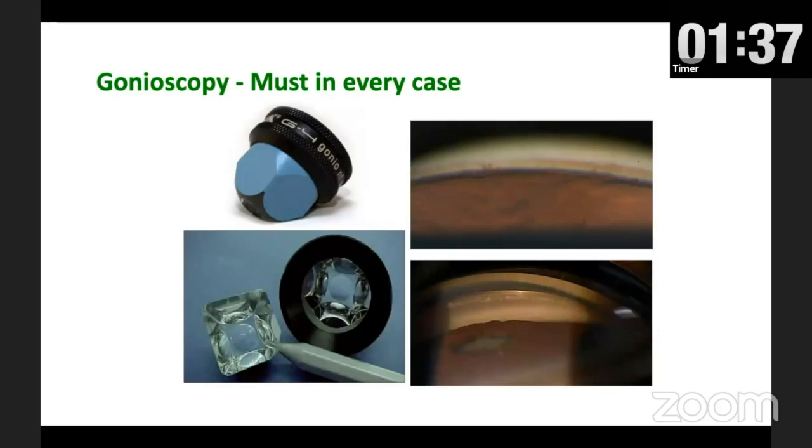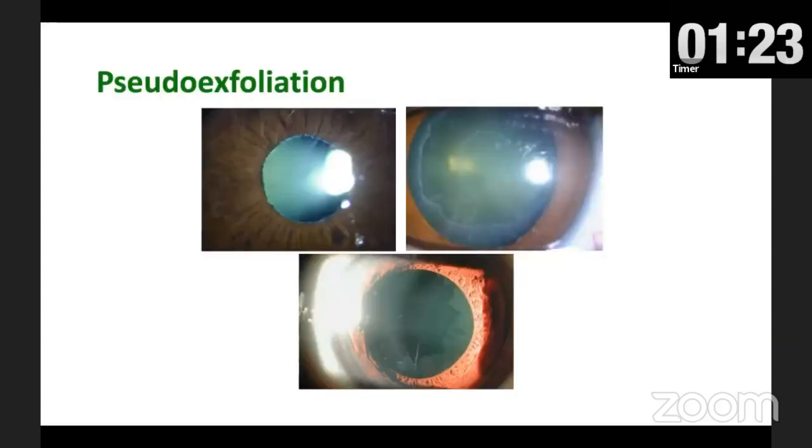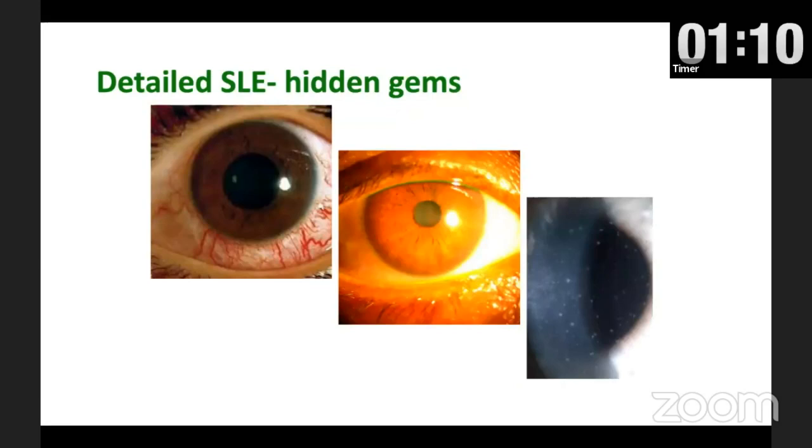Very often I see in my clinic that progressive glaucoma is due to angle closure which has been missed. So I cannot highlight more the importance of detecting angle closure and appropriately treating it over time with the LPI or other modalities. Pseudoexfoliation again can be a type of glaucoma in our clinics which can progress more rapidly compared to primary glaucomas, and it's important that you identify it when you see patients who are progressing on either functional or structural changes.